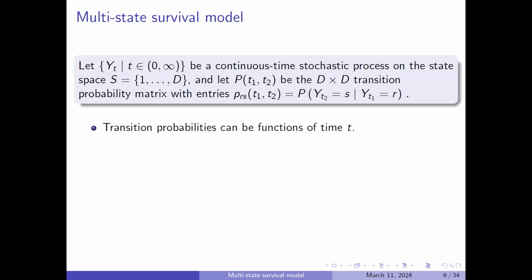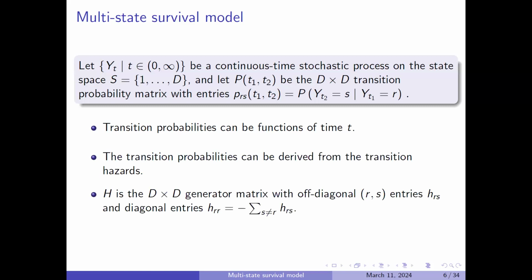If we look at these transition probabilities, we can see that they can be a function of time t. And how we compute the transition probabilities is the next question. That could be done by using the transition hazards. We can think about the transition hazard as the instantaneous rate of moving from one state to another. And